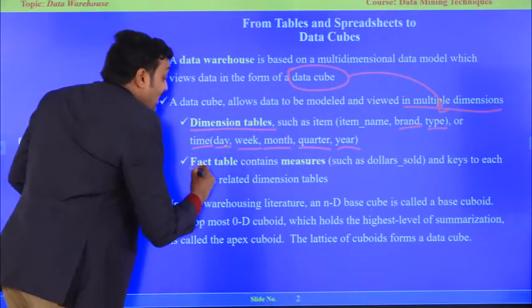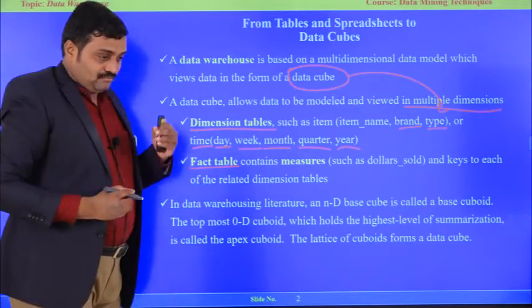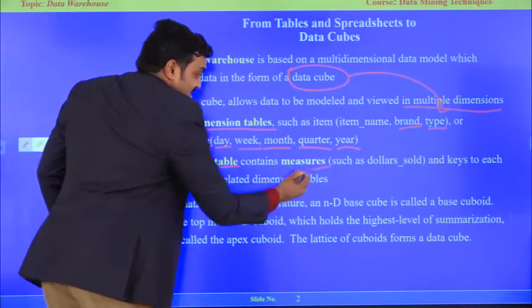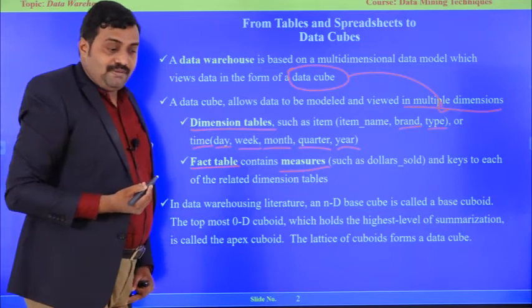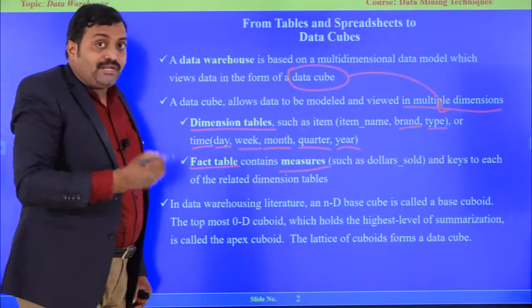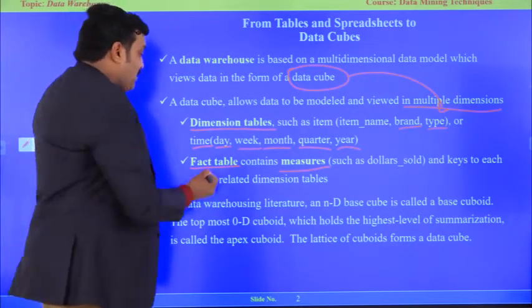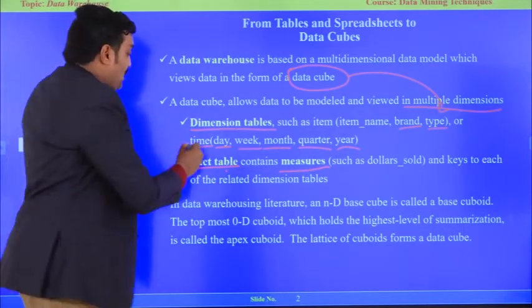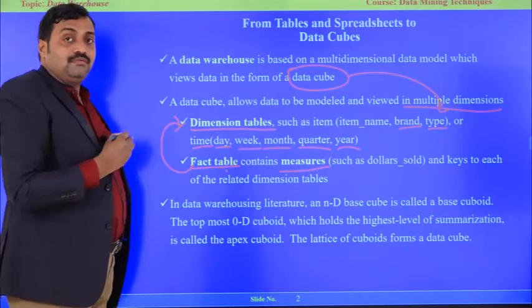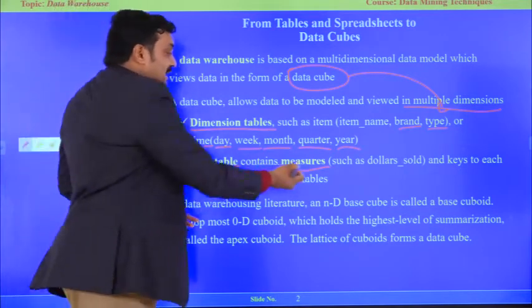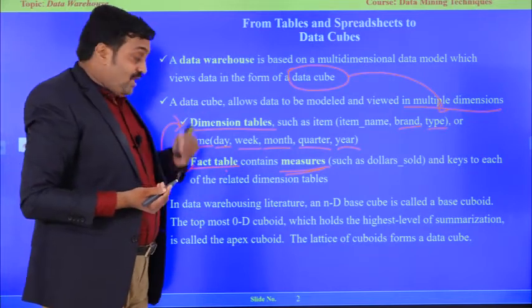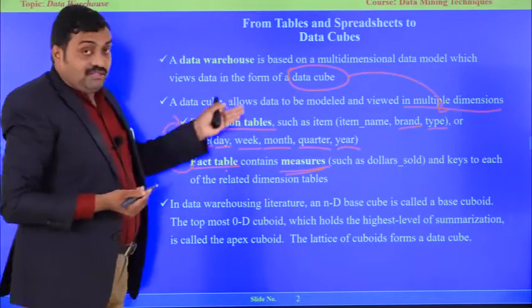Another one is the fact table. The fact table is nothing but the measures. That means the key important points we are going to store in the fact tables. From the fact tables we are going to derive the dimension tables. So we maintain the key measures in the fact tables, and from those keys we derive the relevant dimension tables.